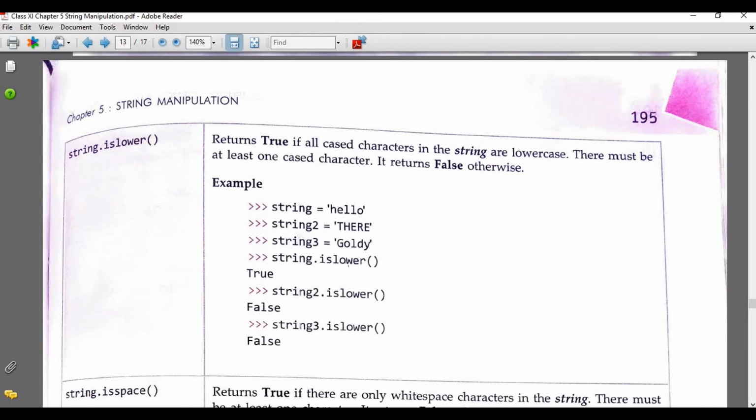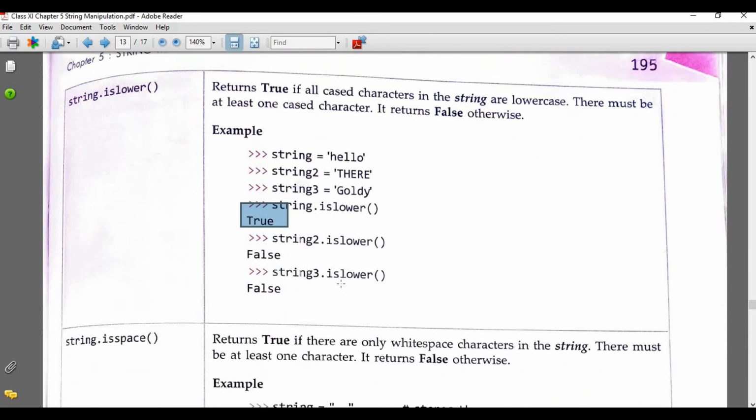The string dot islower: yes, the first one is true, because all the characters are lowercase. Then string 2 and string 3 both return false. Why? Because in string 2 all the characters are capital letters, and in string 3 the first character is capital. That's why they return false, whereas string 1 returns true.